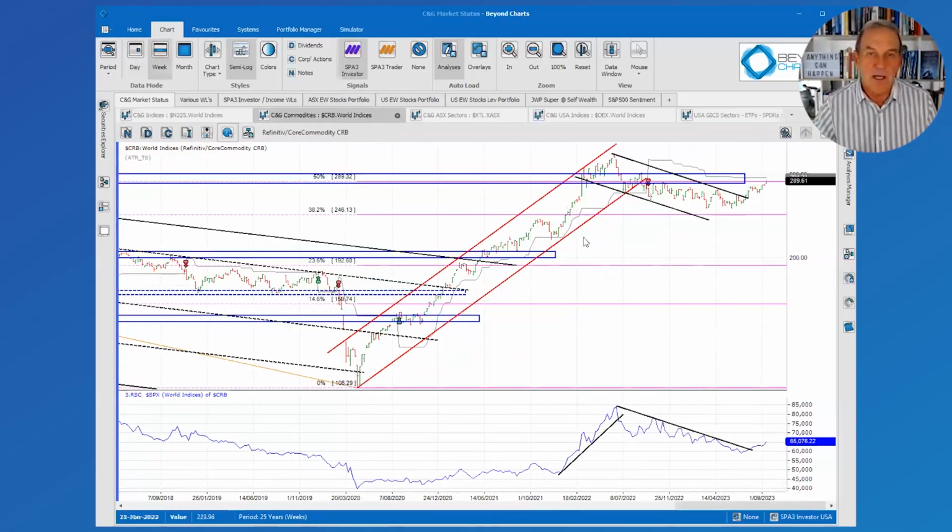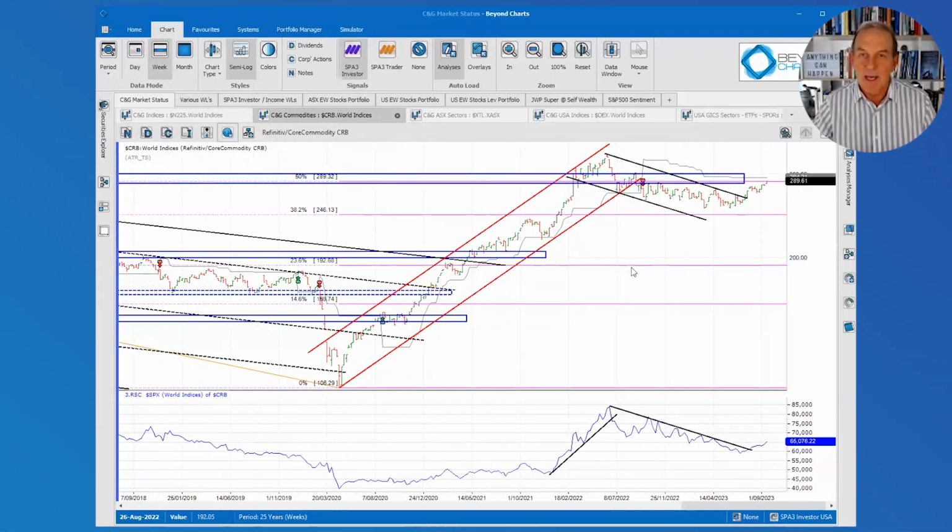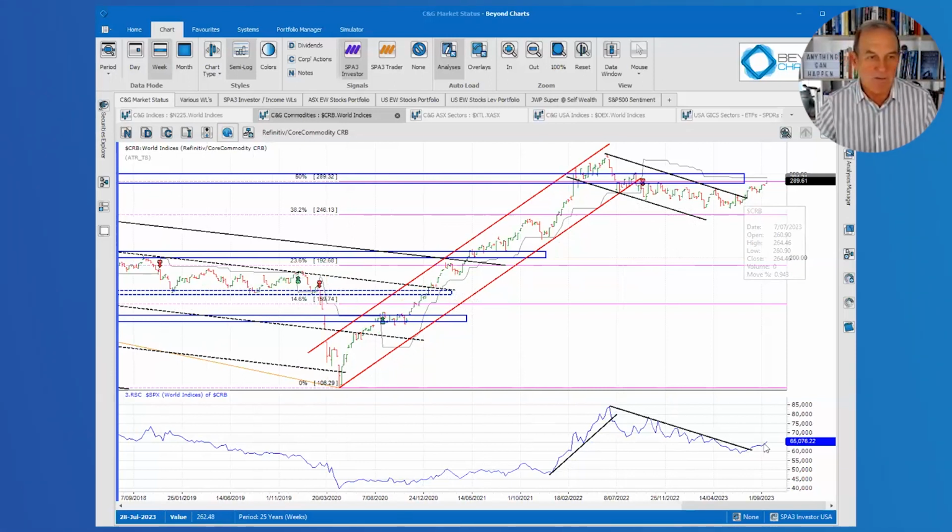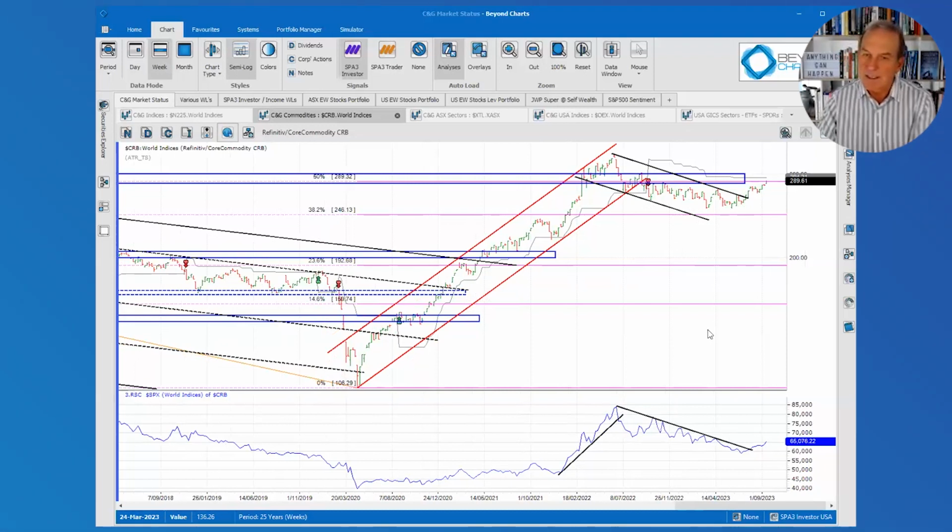Okay, just quickly go over to some commodities. The CRB Index, Commodity Research Bureau, or now it's called the Core Commodity CRB Index, has also broken this downtrend over here. So uptrend, downtrend, pretty normal stuff. Breakout above the upper channel line, a bit of relative strength over here against equities, showing commodities starting to outperform equities a wee bit. Not enough evidence there, but it's certainly starting to happen.